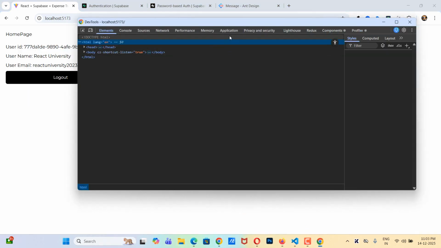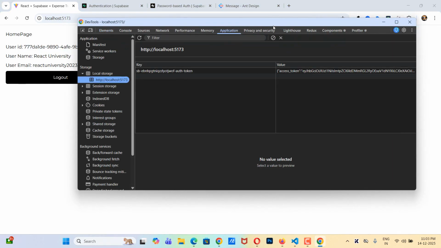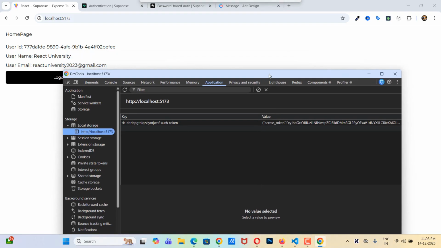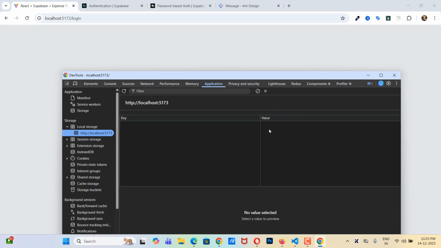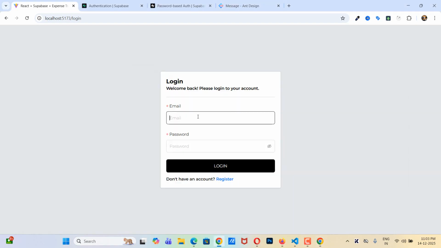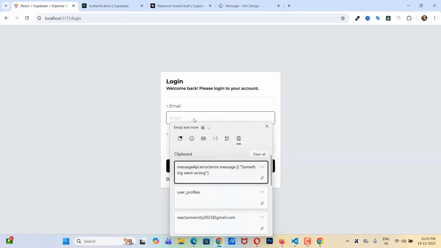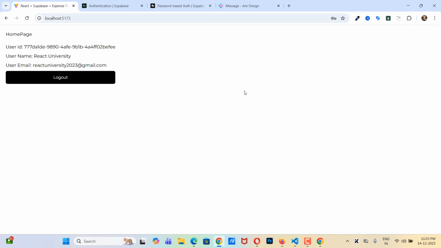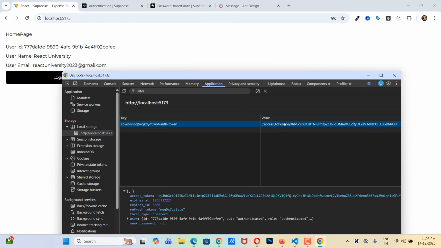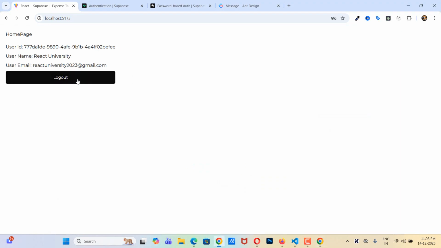So let's go to inspect, and once I log out, this token will also be deleted. So let's try to log out successfully. Okay, so we are redirected to login page, and here as you can see the token has gone away. So let me just log in again. Okay, login successful, and here as you can see we are getting the token, and again if we log out